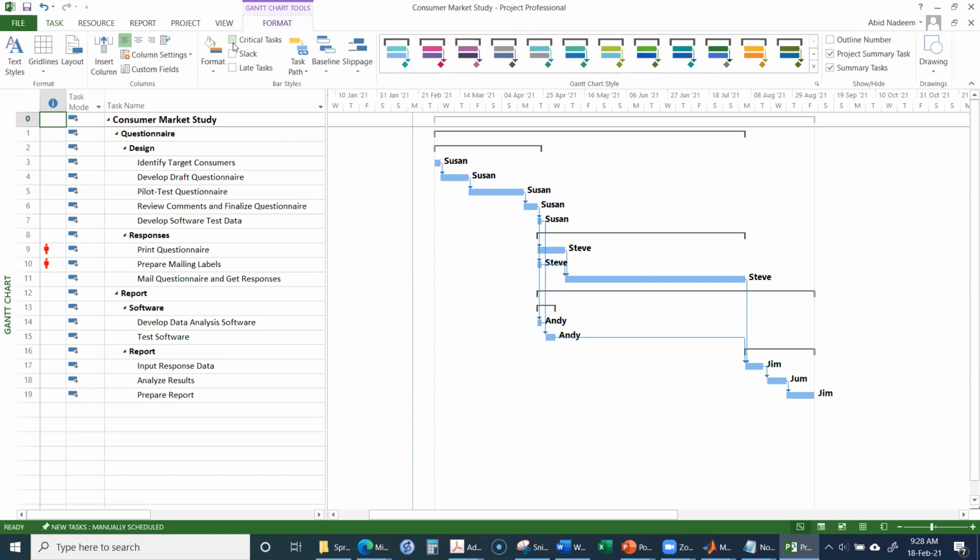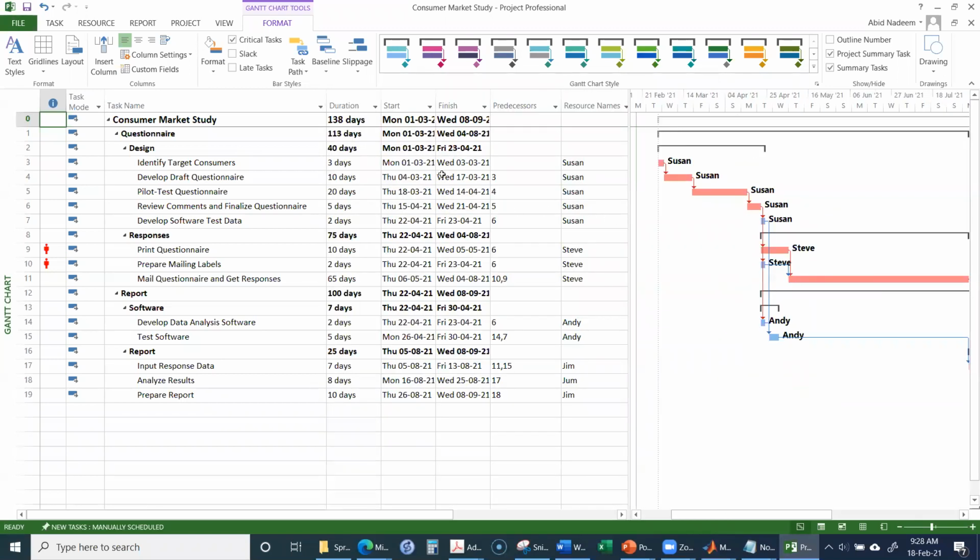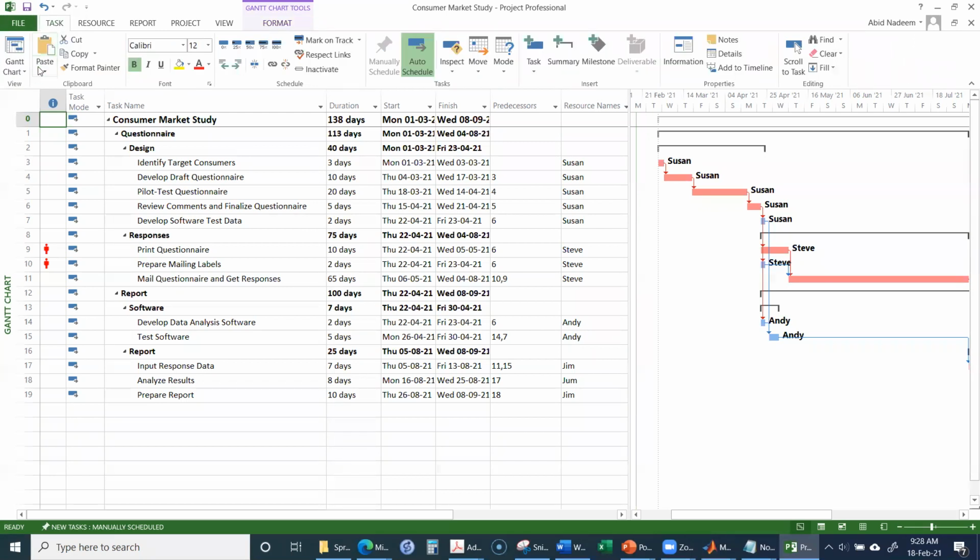Okay, and then you can check in the critical task box over here, and then you can see over here that the critical activities will be highlighted by the red color. And then for these critical activities, what you can see over here is that if we go to, say,